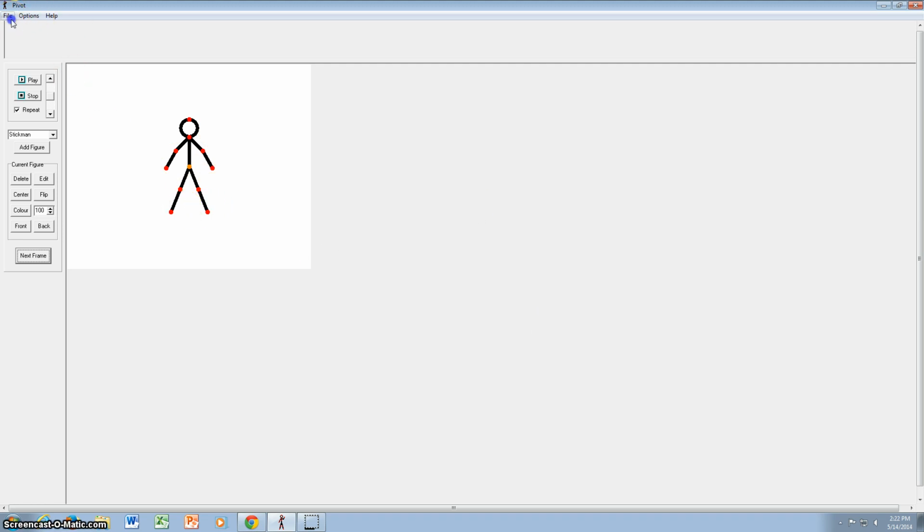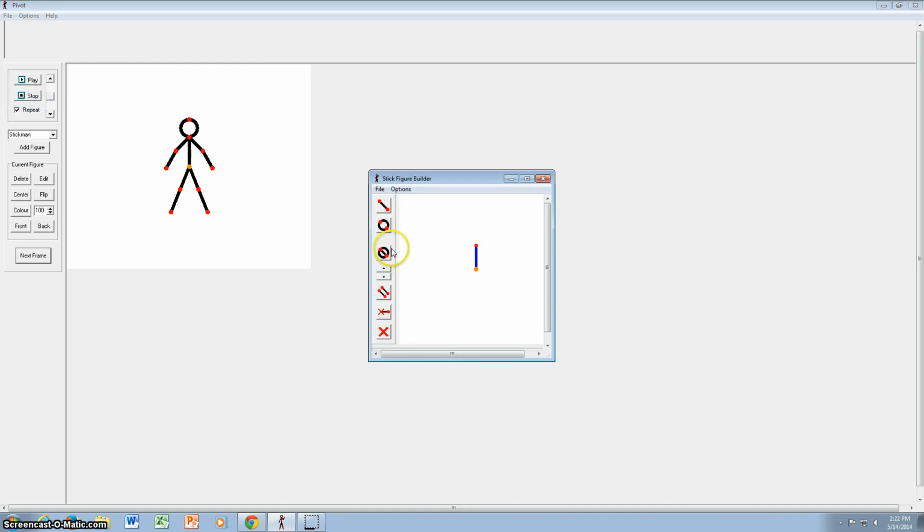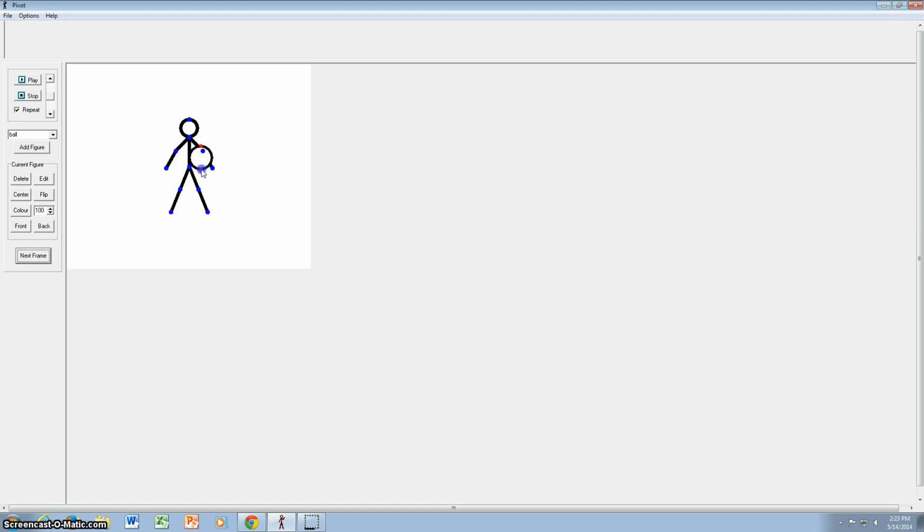So what we're going to do now is go File and Create Figure Type. Then we are going to hit this tool to add a circle, and then we'll just press on this point. Oh, never mind. You don't do that. You do this. This is a convert tool, so that'll make it into a ball. Then you hit File, Add to Animation, and then we're going to name it Ball. We hit OK, and then he somehow appears right in the middle of that guy, so we're going to sit